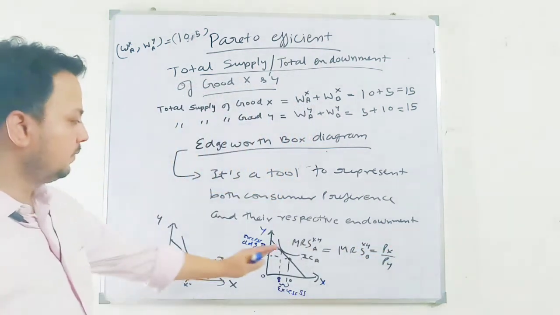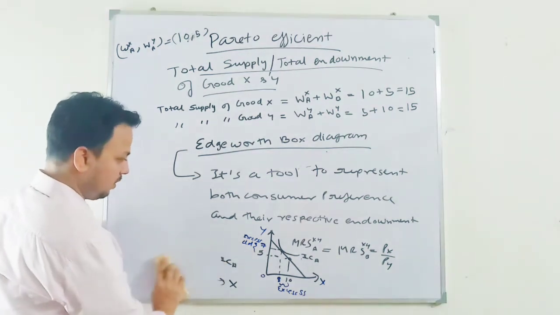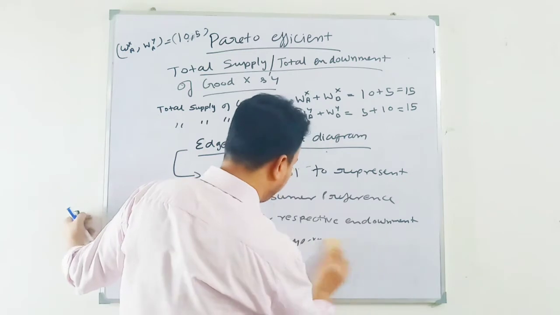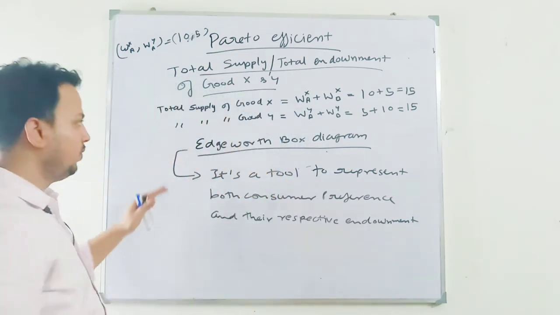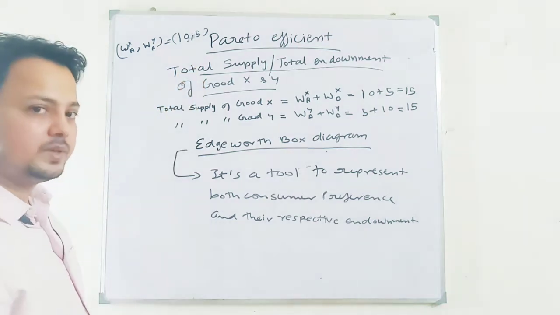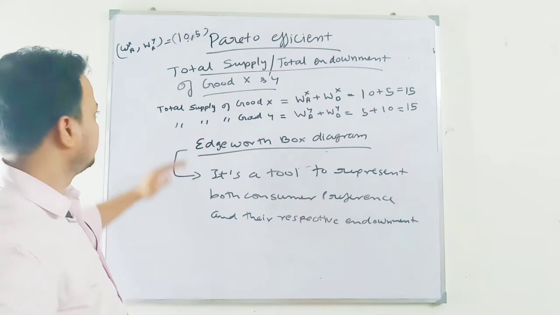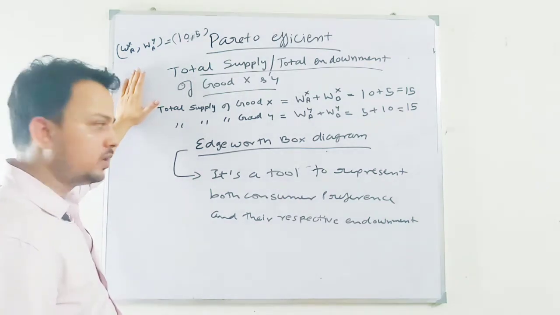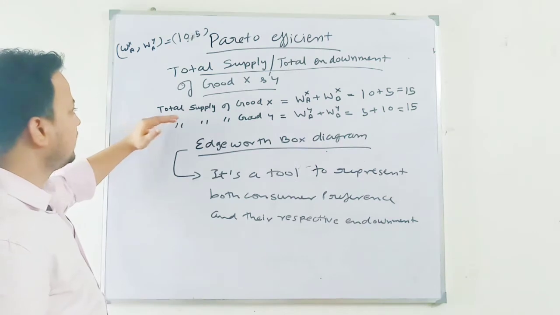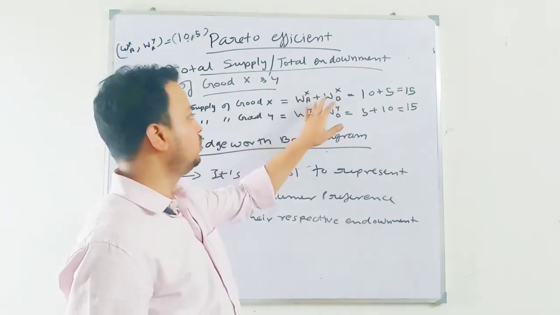So we are not going into this kind of analysis. Some of you want to know, oh, we don't cover the exchange economy completely. We are not covering exchange economy. We are just looking at the concept of Pareto efficiency only in the exchange economy. Just remember that initially we start with no production, and total supply we get just by adding the endowment of good X with consumer A and B.